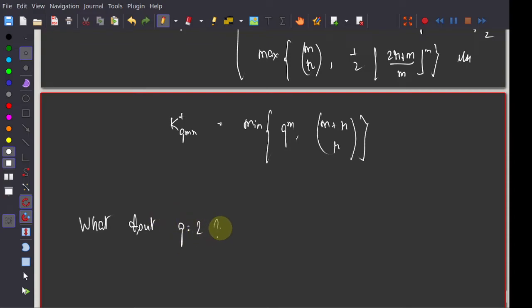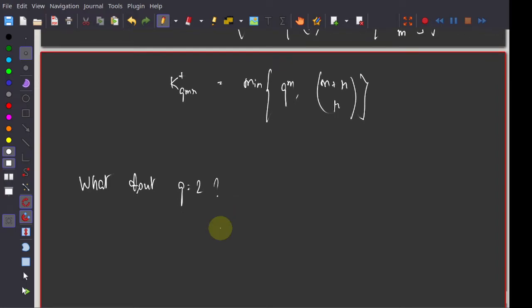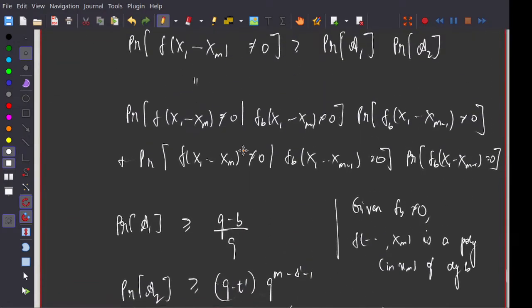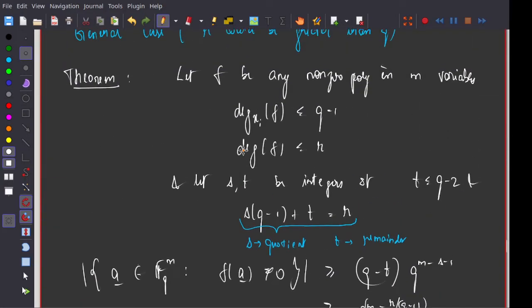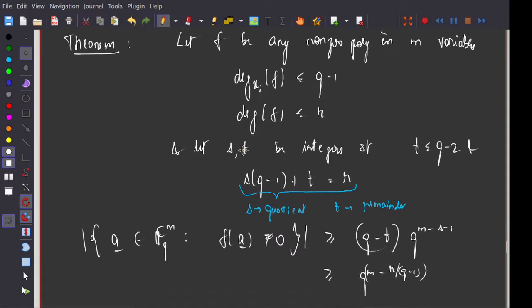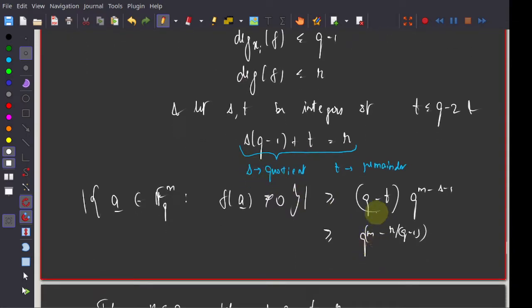For q equal to 2, how good are Reed-Muller codes in general? So what do we know about the minimum distance? You know that the minimum distance is greater than or equal to q to the power m. In the last class we derived a bound, which was q to the m, q minus t times q to the m minus s minus 1, correct? And in this case, what are t and s? So q is equal to 2,